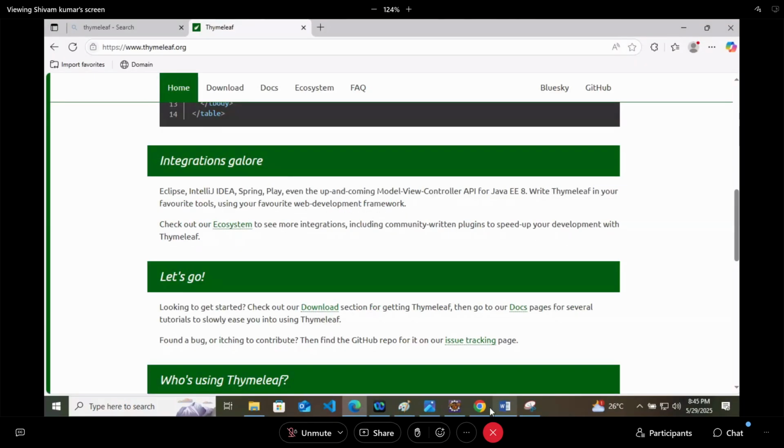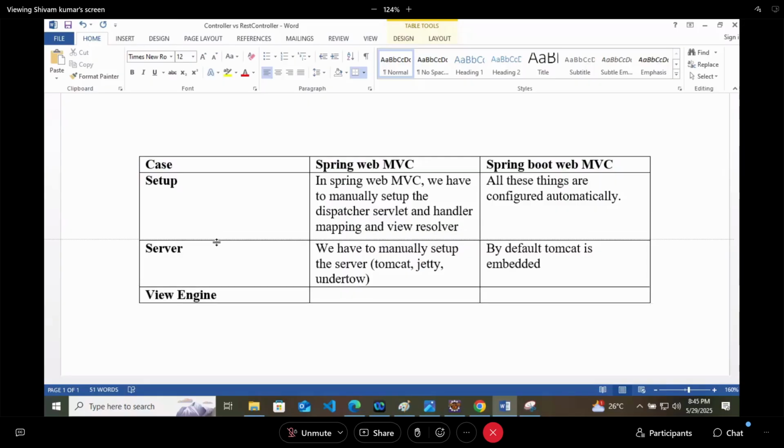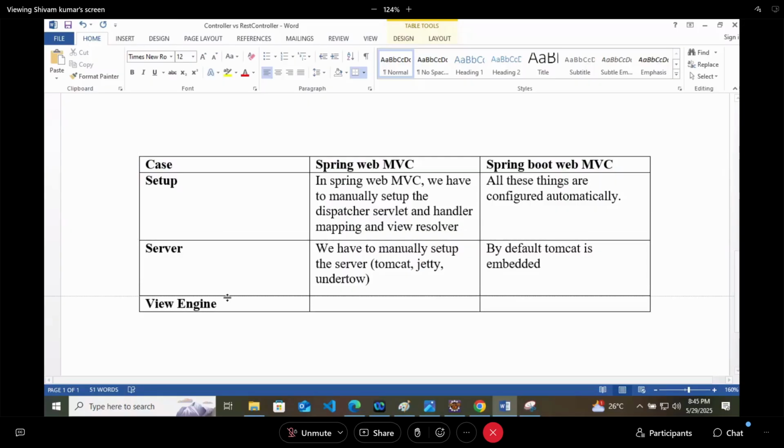Whenever you are discussing Spring Web MVC, it supports JSP and Thymeleaf. In normal Spring also you can use Thymeleaf, but here Thymeleaf is recommended.